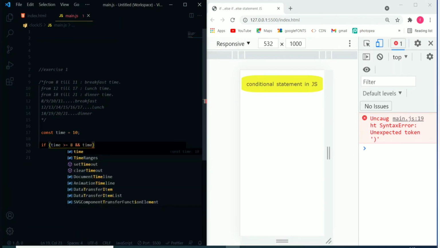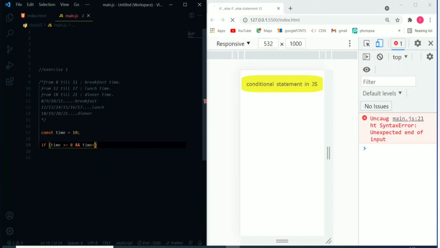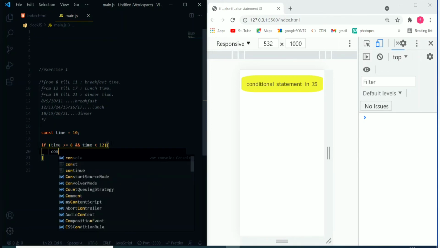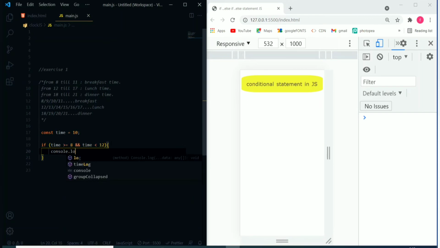And time smaller than 12. Okay? In this case, and here we'll open the curly braces, the brackets, yeah, and write console log,